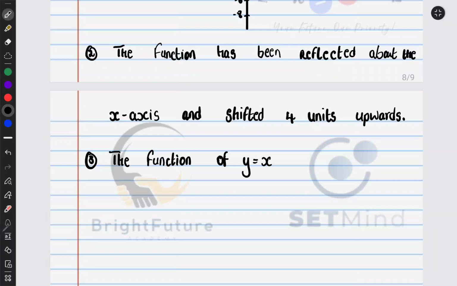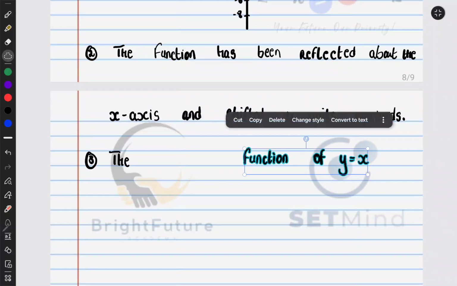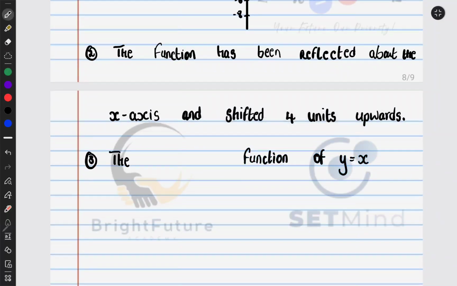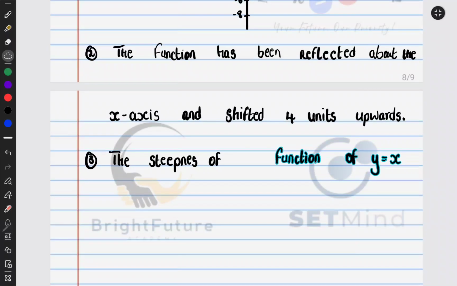Here I want to talk about the gradient or the steepness of the function, which is determined by the value of a. The steepness of the function of y is equal to x